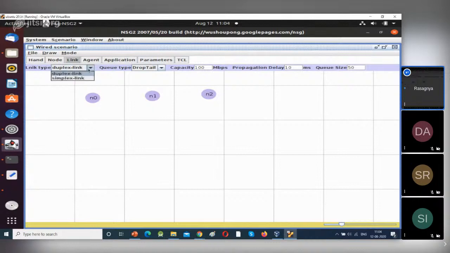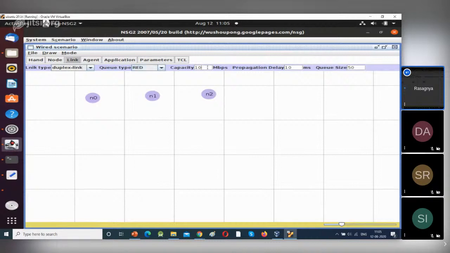So select duplex link, or you can also select simplex link. I'm selecting duplex link. And the queue type, here we have drop tail. Now I'm selecting RED as my queue type. Select RED.